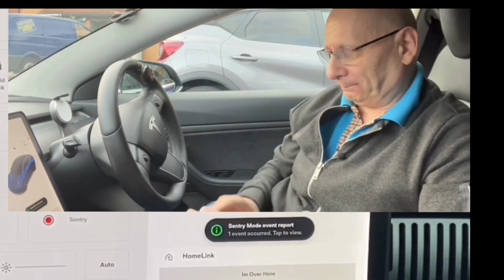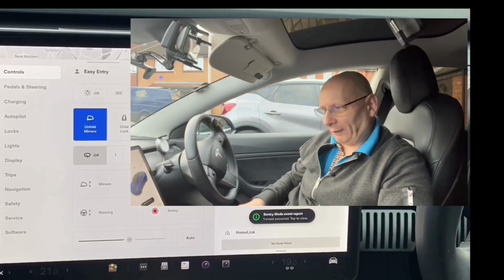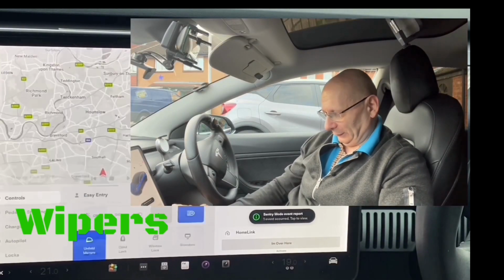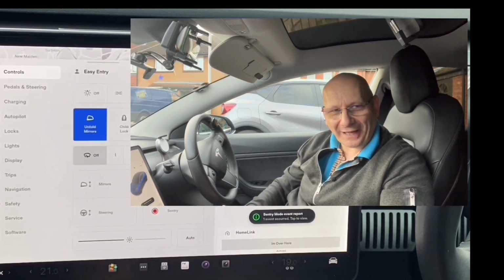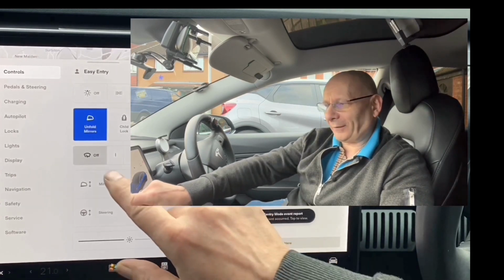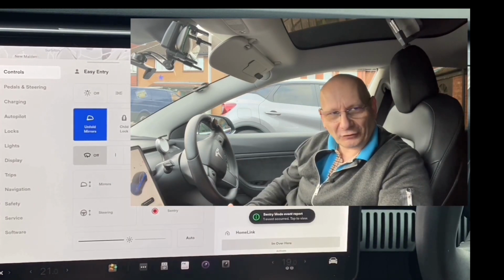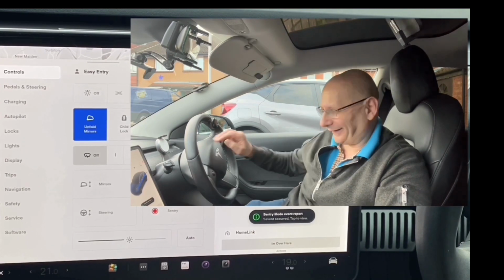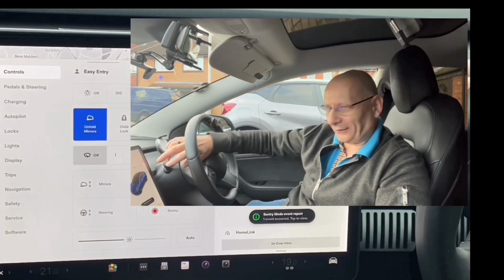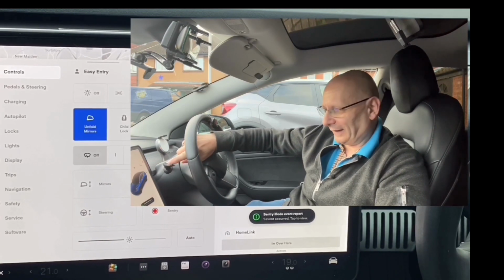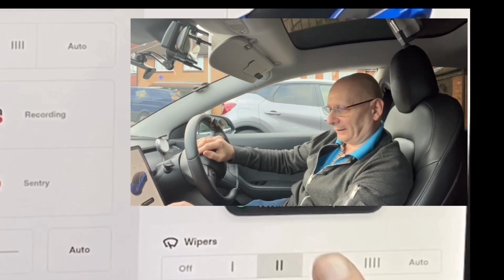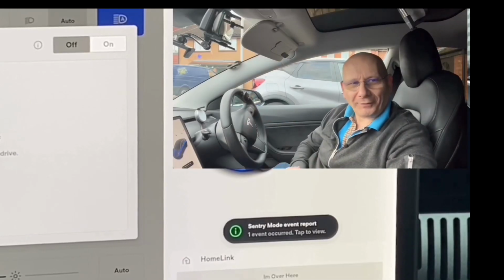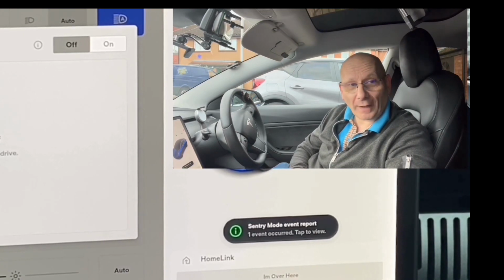Right, now a lot of people have also said if I want to get to my wipers, you have to again go into your settings here and press controls, which is a pain, and all your wiper settings are there, and that is quite a pain when you're driving. Equally, you can do this. You could just press the button on the stalk. So here's your stalk, you just press it in once and they appear here, and you can have your first, second, third, fourth. So with the wipers, all you need to say is increase wipers and it goes up one speed. So what I mean is this: